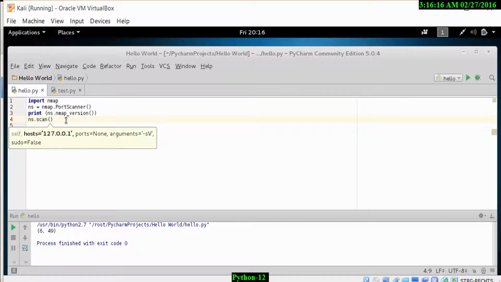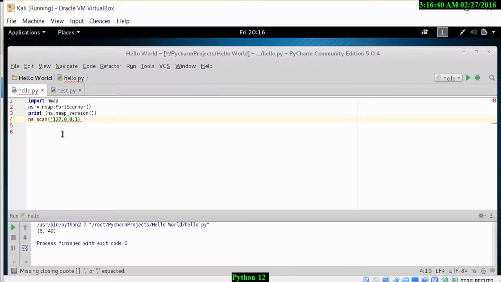So let's put in some values here. 127.0.0.1, and I'll put in a comma, and let's put in the port numbers from 1 through to 65535. So put this in quotes because it is a string, comma 1 to